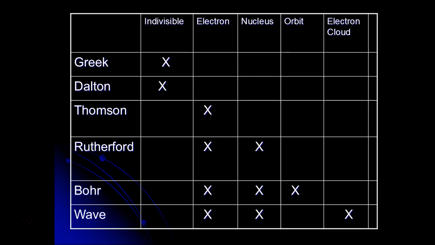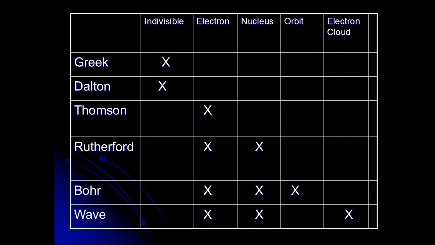This page here summarizes some of the main points of them. So the two first people here, the Greek philosopher Democritus thought that the atom was indivisible, all right, and then Dalton also thought it was indivisible. Thomson discovered the electrons, so it turned out that it was not indivisible. Rutherford found that the atom was mostly empty space, and that there was a small positively charged nucleus. Bohr put onto that there are these perfectly circular orbits, all right,